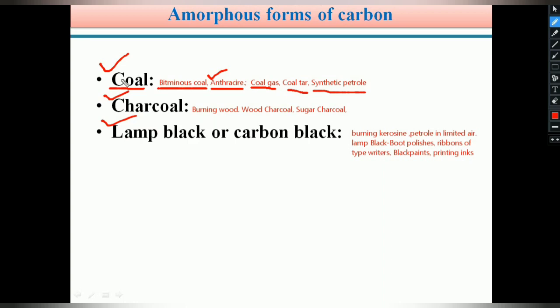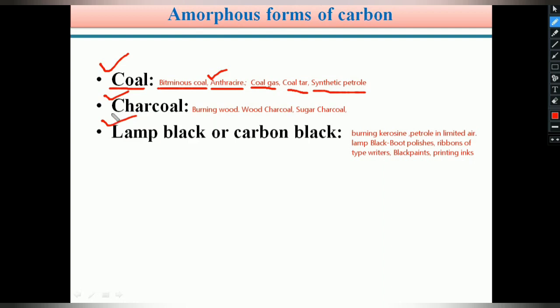In thermal power plants, after burning the coal, the generated heat energy is used based on the thermodynamics principle: energy is neither created nor destroyed, but one form can be converted into another form. So based on this principle, coal is burned in thermal power plants. A large amount of heat is evolved, and this heat energy is converted into electrical energy, which is supplied to industries, homes and domestic uses. So that is about coal, an amorphous allotrope of carbon.